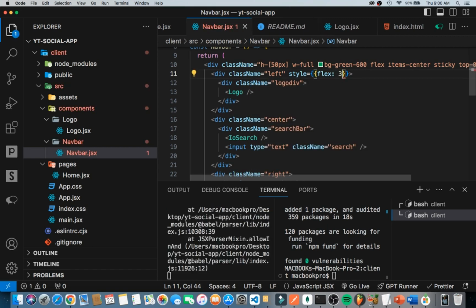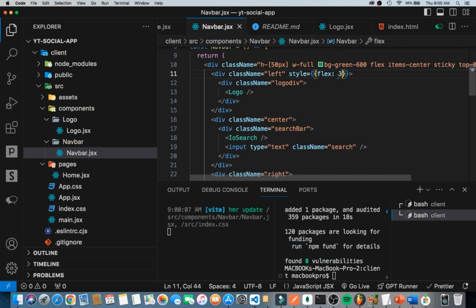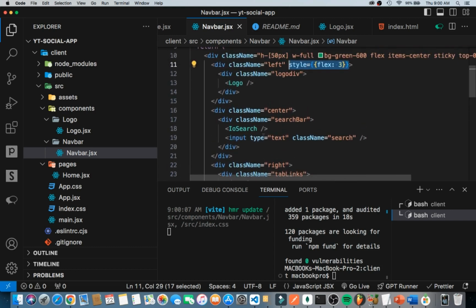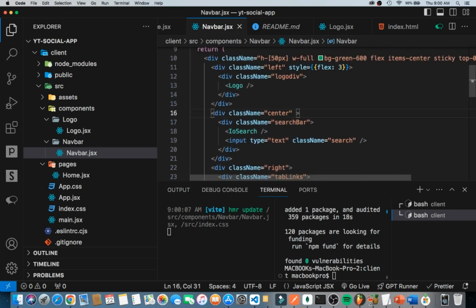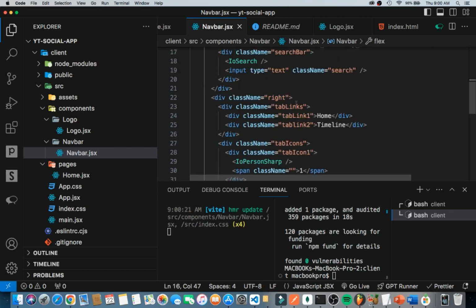This flex is basically going to be 3. Okay, then what I can do is I can copy this, and then pass it on to the center here. Pass it on to the center and set this to 5, and then I can do same for right. And set this to 4. Okay, so now that I've been able to set this up real quick,